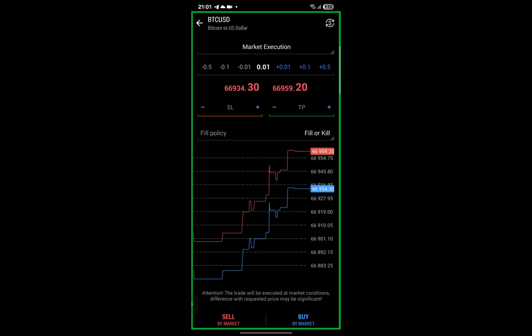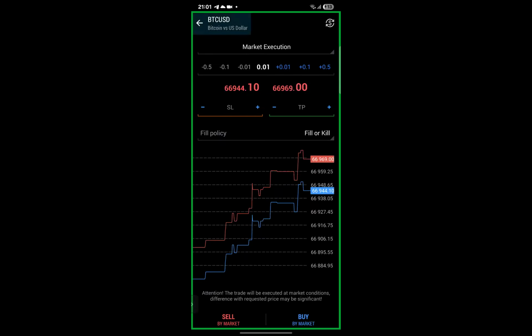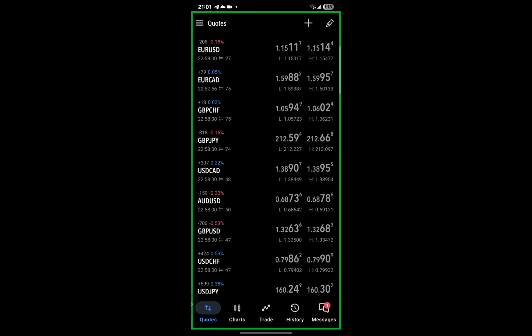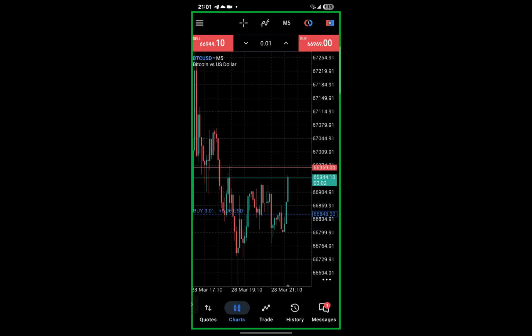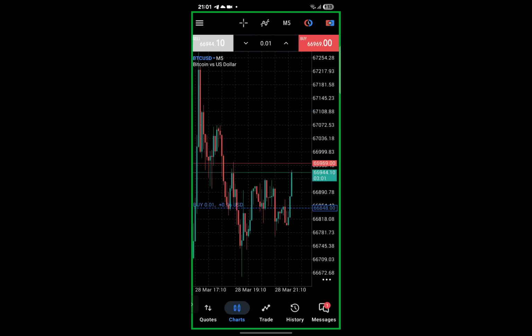Now, what is SL and what is TP? Remember I said something earlier, that the more the market goes up in profit, the more money you make. If I took a buy order at this particular point here, let's say if I took a buy order here,